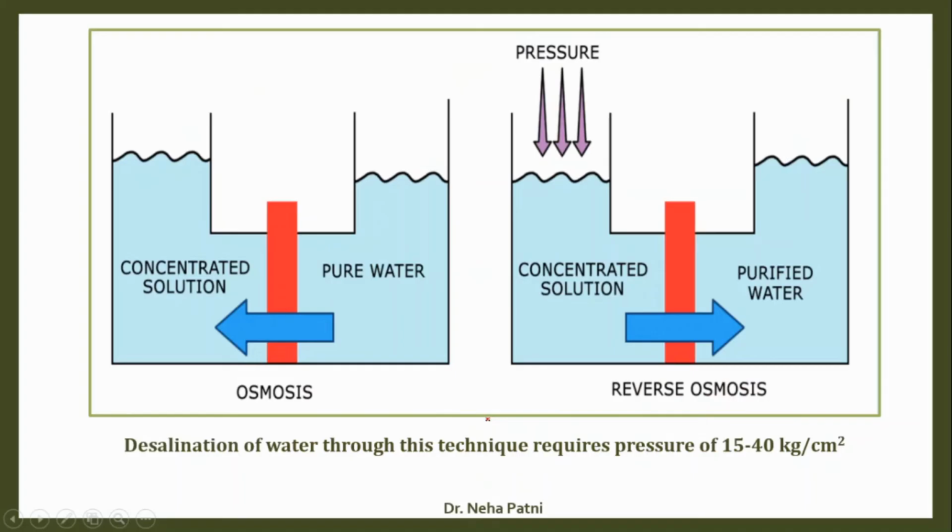Let us go into what I was saying. This is osmosis, wherein the water molecule is going to pass from pure water to the concentrated solution. I guess you remember, in pure water the concentration of water would be more and here the concentration of water would be less. So in order to equalize, the flow would be from pure water to the concentrated side. But now I want to reverse the direction of flow. So I need to apply pressure, which normally is in the range of 15 to 40 kg per centimeter square. So if I apply that much pressure, I can reverse the direction of flow.